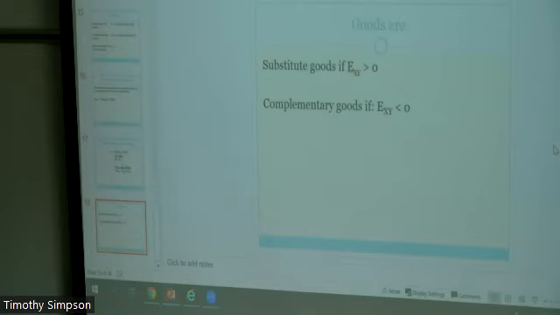If the ratio is positive, then we say the good is a substitute good. If it turns out the E sub xy is positive, we say it's a substitute. And if it's a very high value,